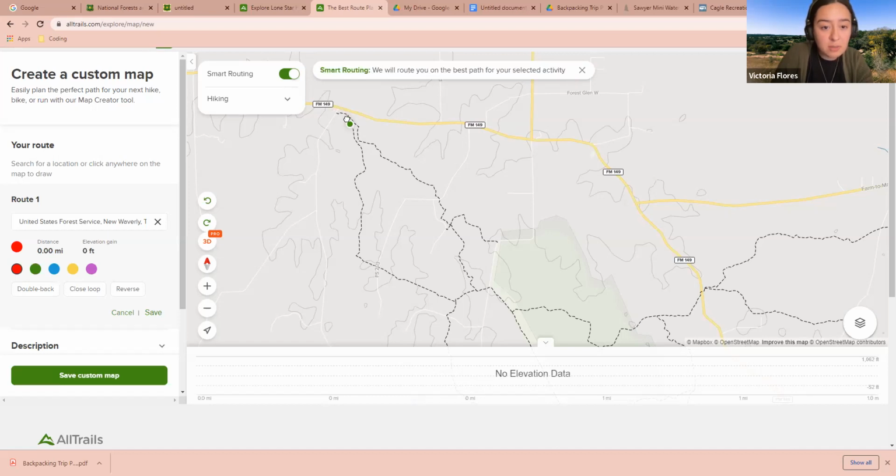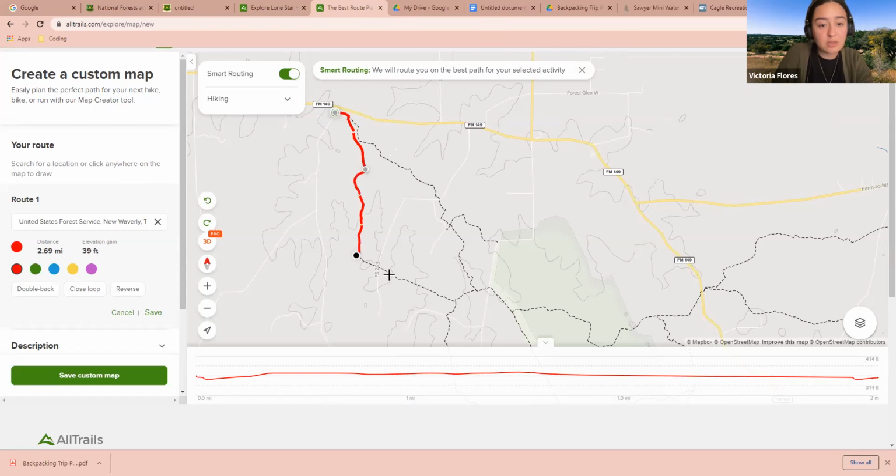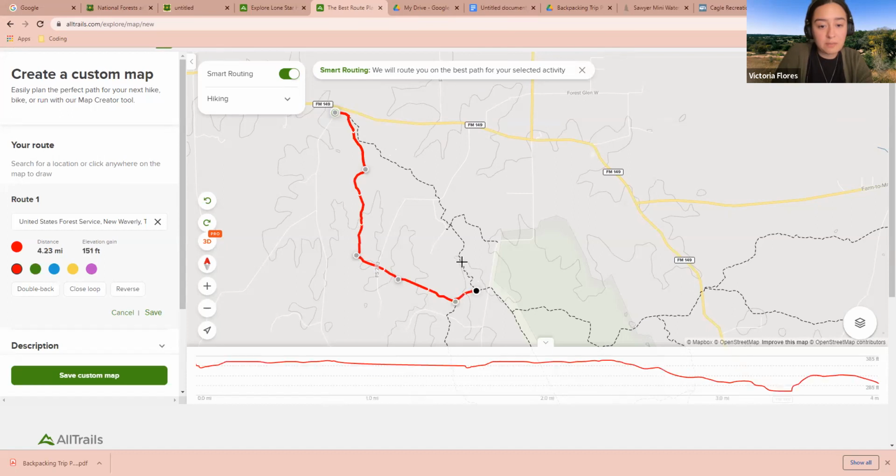Put another dot in a section a little farther down, maybe one right there. Click there. Perfect. It'll start to draw it out now. Just keep going along that trail, and we'll loop it all the way back around to the trailhead.